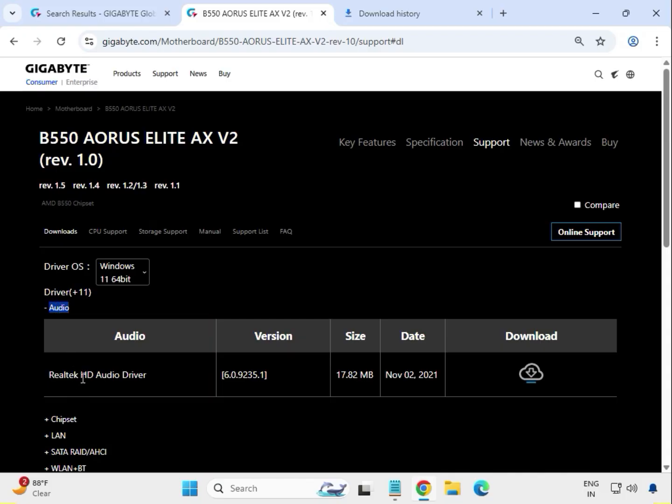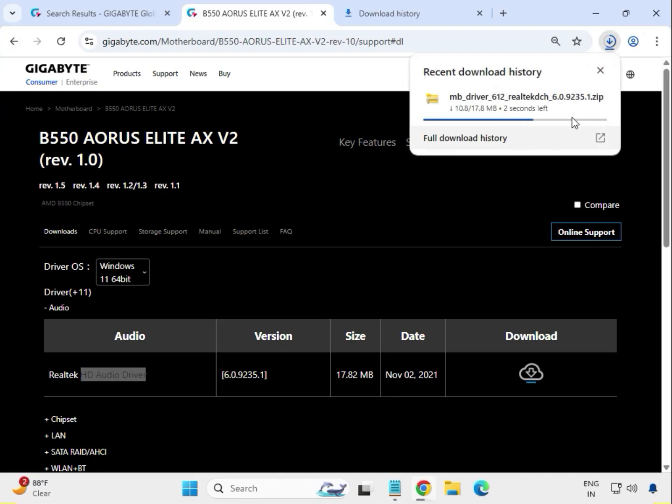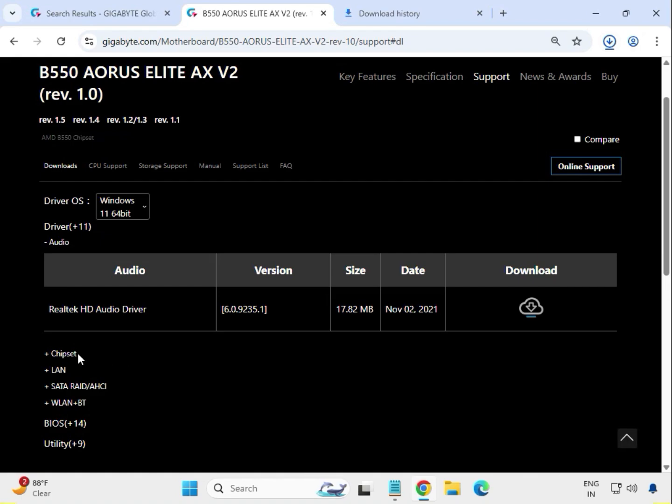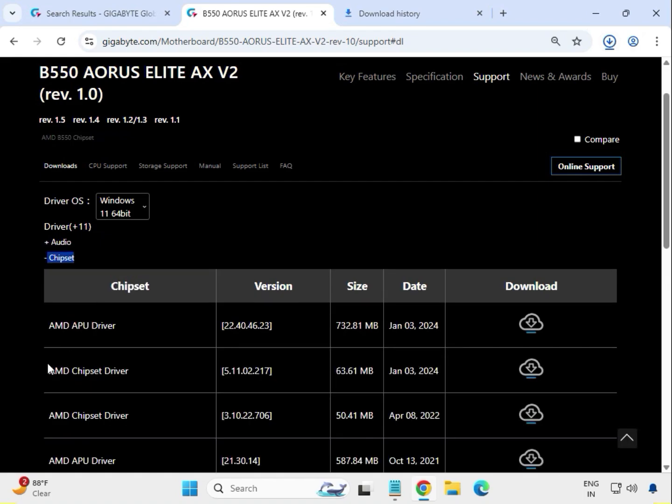Audio driver, Realtek audio driver, and click to download. When you click to download, it will start downloading. You can see the download box. This is Google Chrome, and this is chipsets. So the AMD chipset driver, this is important. Just click on the download icon,